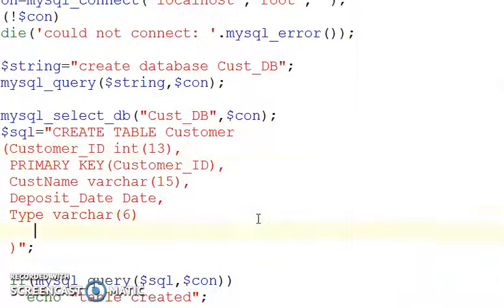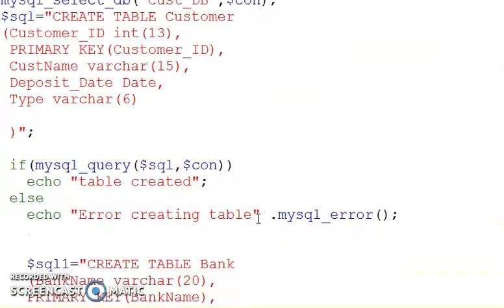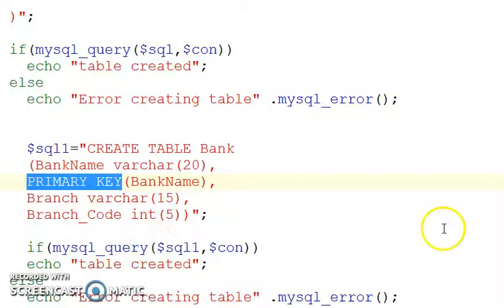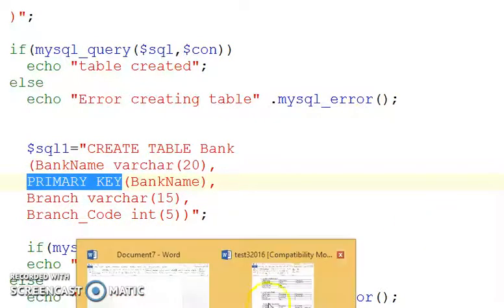So let's create the table for bank. And create the table bank. These are reserved words. Create table. Bank name is a primary key. Just this word. Highlight it in capital letters. Primary key. Branch, varchar, branch code. And what else does the question say? The question says